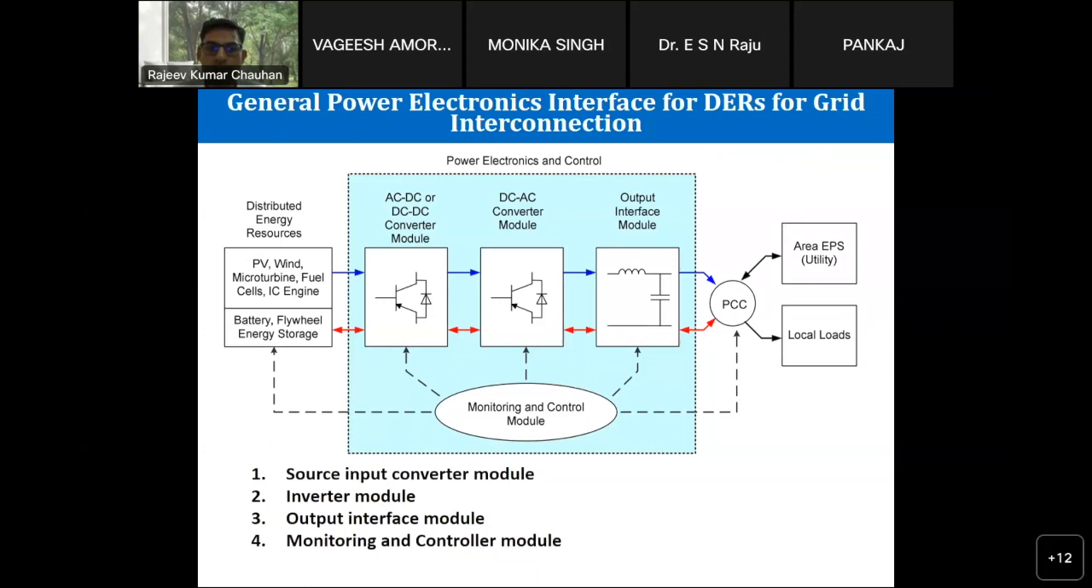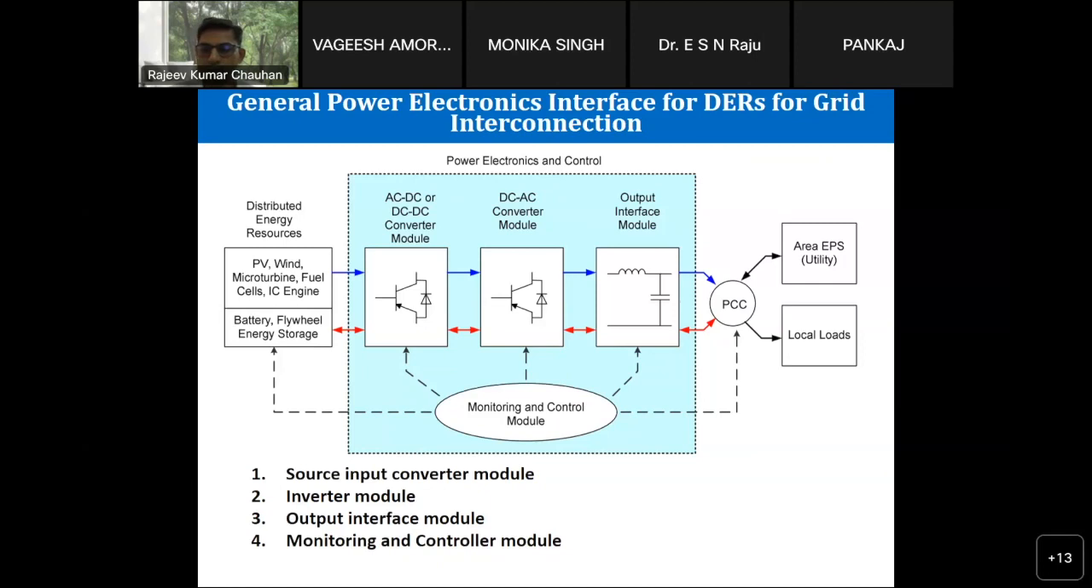And here we have the 4 modules. One is the source input converter module, and after that we have the inverter module, in order to integrate with the AC power grid. Then we have the output interface module, like a filter module, in order to reduce the harmonics. And we have the monitoring as well as the controller module, which will monitor all the modules and take the coordination action of all the remaining